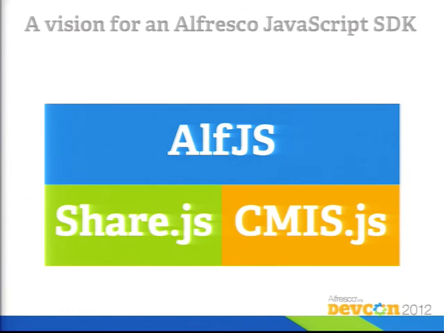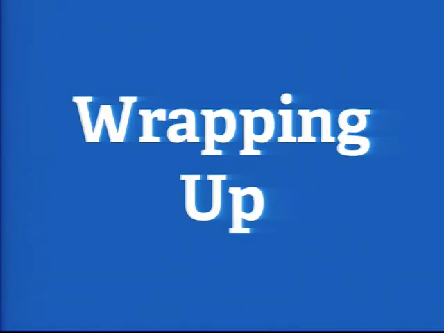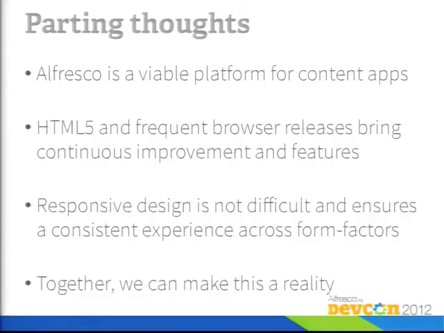And I talked a little bit about the grand unified vision of Alfresco JavaScript libraries, right? Eventually I would love to move the stuff that's currently in AlfJS into more of a share.js type of thing that's very specific to the Share Slingshot services. And then we have CMS.js, and then AlfJS is really just a shell of sorts with some routing logic smart enough to do this. But I cannot do this type of thing alone. As I said, it's not my full-time job, and I could use any assistance anybody could offer. Really, seriously, just drop me a line.